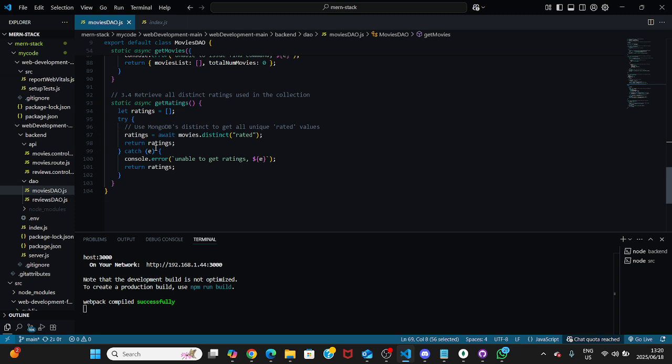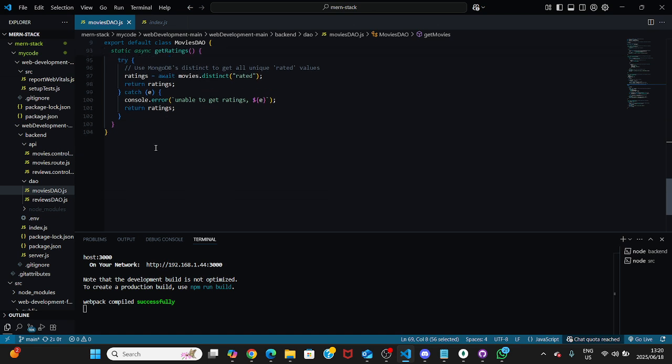And then lastly, it retrieves all the distinct ratings used in the collection, and it uses MongoDB's distinct to collect all unique rated values. And also,